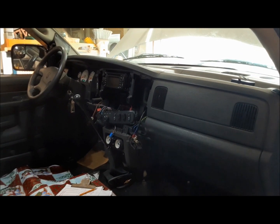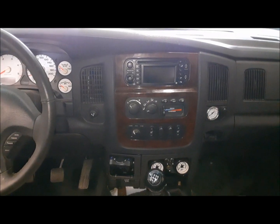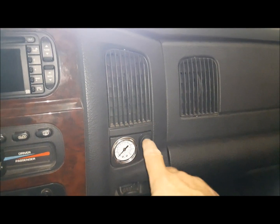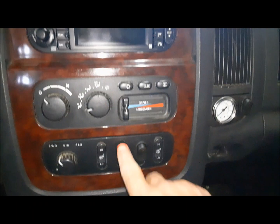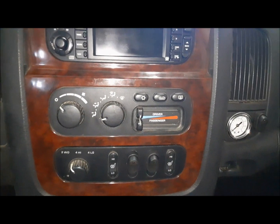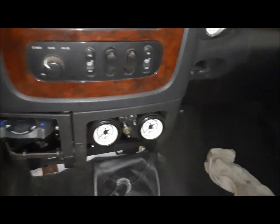Now we can put this dash all back together. Here's our dash all back together. It's looking pretty good. I'll show you a couple little things I did. You can see here, here's the main air pressure gauge and the on-off switch for it. That's our backup beeper and our hitch lights. It all went together pretty nicely. This is the control panel for the airbags down here. I also,